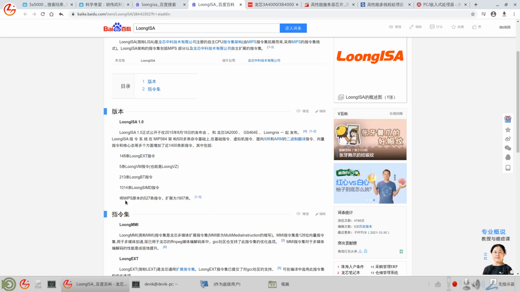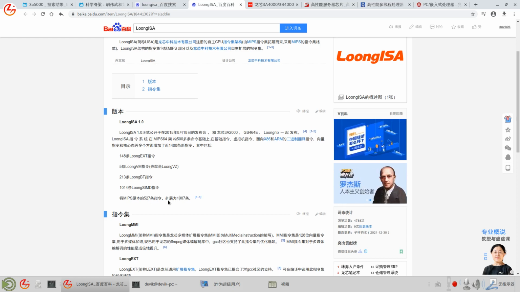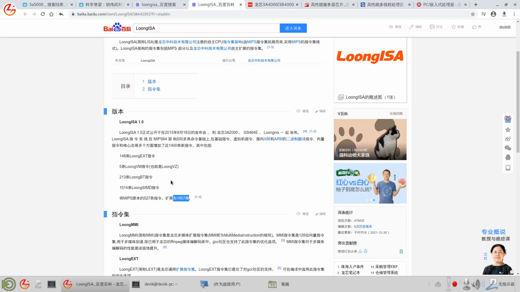So they modified MIPS. Originally it had only 527 instructions, and now LoongISA has nearly 2000. So they don't call it MIPS anymore. They call it LoongISA compatible with MIPS.